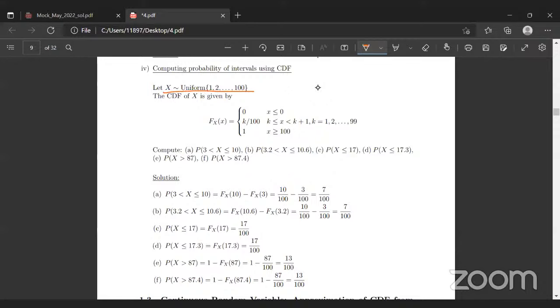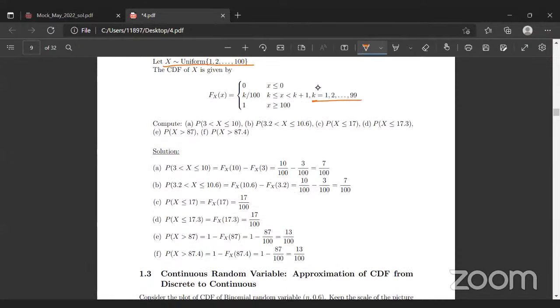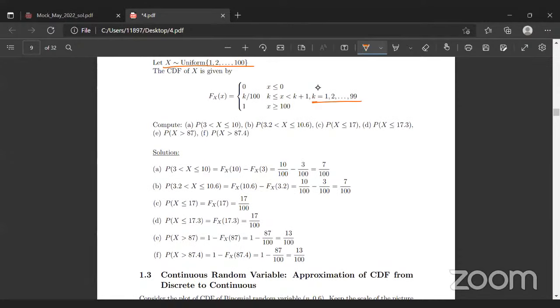to 100, right? And in case of uniform random variable, we know the CDF is given by, so for x less than 0, it becomes 0. And for x lying between k to k plus 1, so k here lies between 1 to 99. Okay. So in that case, we have defined our CDF to be k by 100. And for x greater than or equal to 100, we have defined it to be 1. Now, the first question, if you look over here, it says find the probability that x lies between 3 to